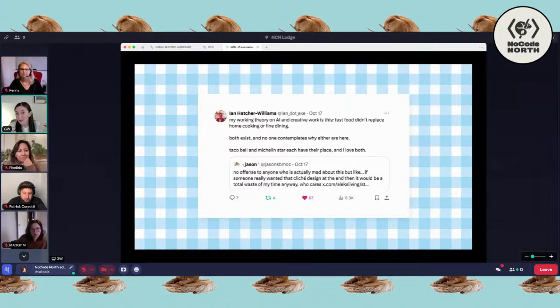And this is kind of how I'm trying to approach AI image generation right now, is that I'm still working with illustrators. Right now, I'm trying to source photographers. There is a place for artists and creatives who do beautiful work, and I think there always will be. But AI images can be that kind of fast food version of expression for your brand. You can have fully custom, beautiful work done by an artist, and you can also have something that was output by tools like Visual Electric. And I think that they both have a place. I'm working with both of those ends of the spectrum right now,